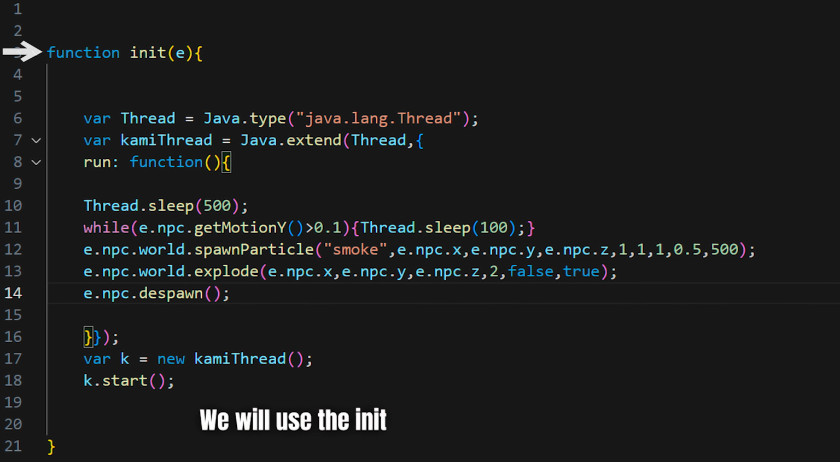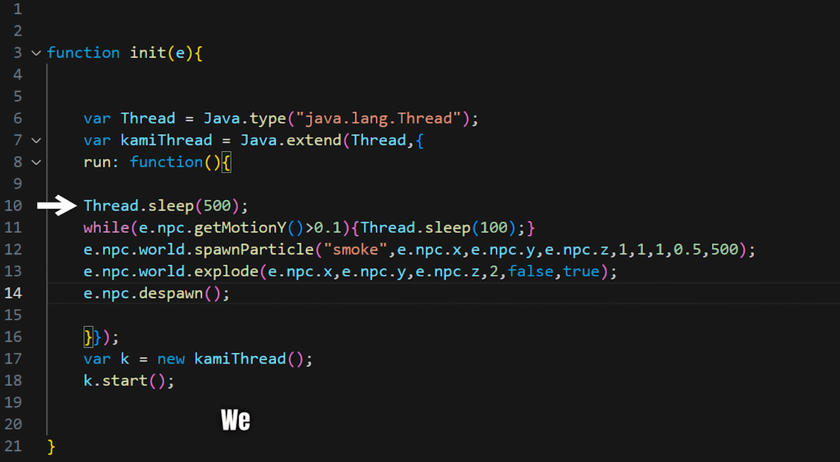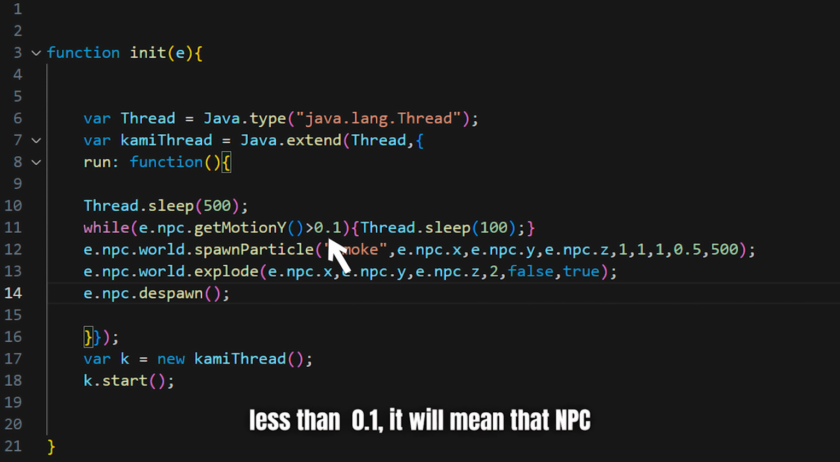We will use the init event, which will activate as soon as the NPC has been spawned. Then, as always, we create a thread to be able to stop the code. After this, we will wait half a second. We wait this half a second for the NPC to gain some vertical speed as it starts to fall. This is because we will now check what is the vertical velocity of the NPC. And if this is less than 0.1, it will mean that the NPC has collided with the ground or some structure,